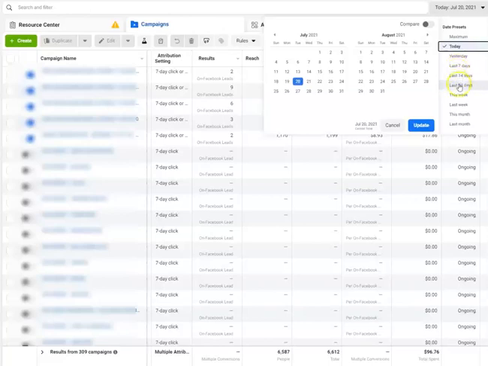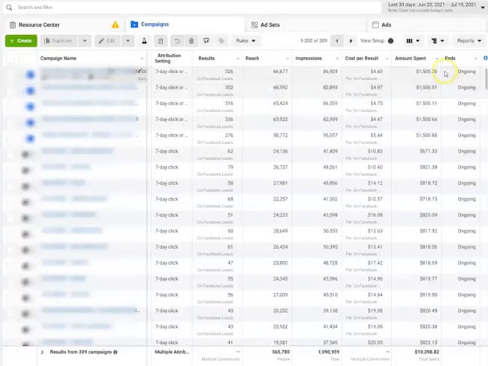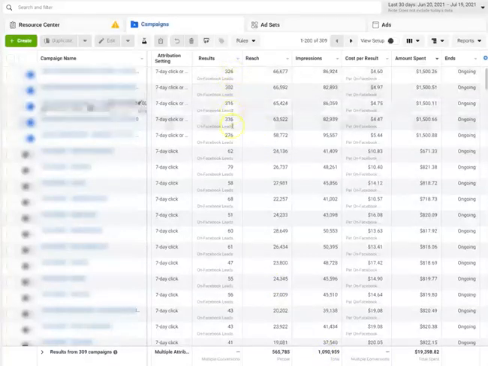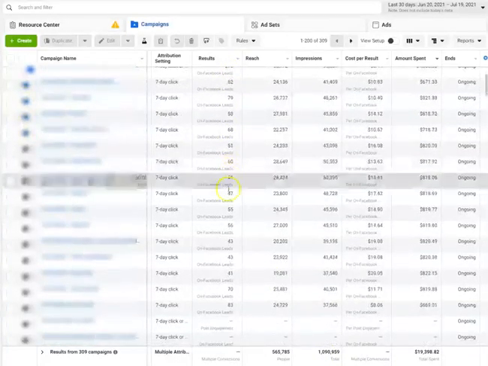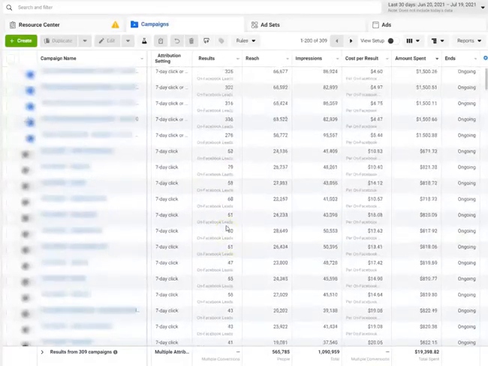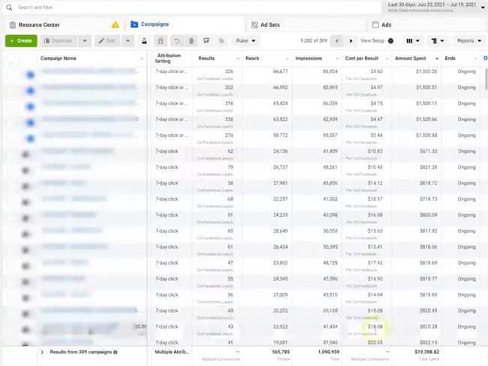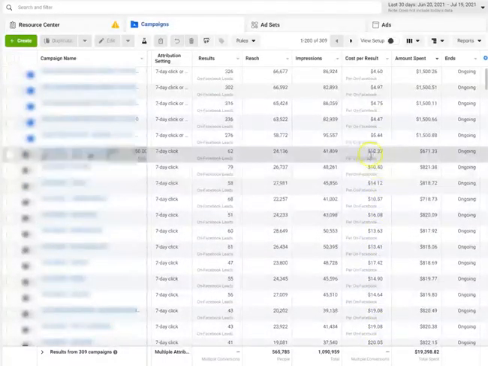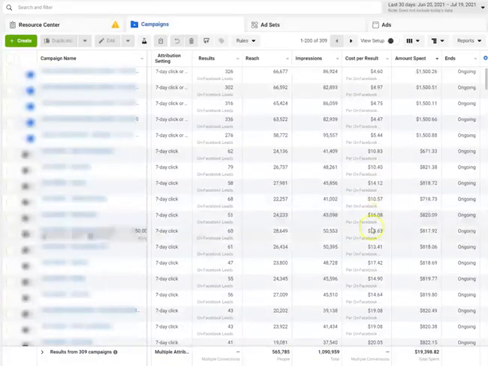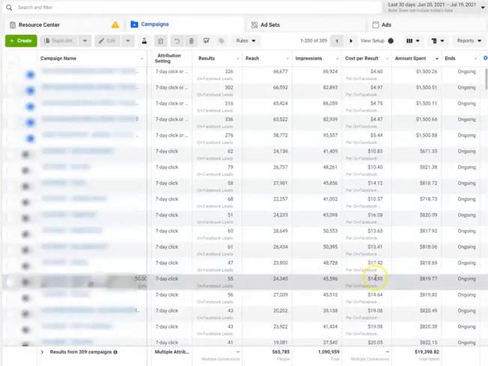But you can see here, I'm going to look at the last 30 days of what I've spent. We got 19,000 is what I spent. This is how many impressions. And these are all the different leads that we got from different campaigns that we did. And you can see here the costs vary. The reason why these here were so much is because I did a test on them, I tried to segment something,